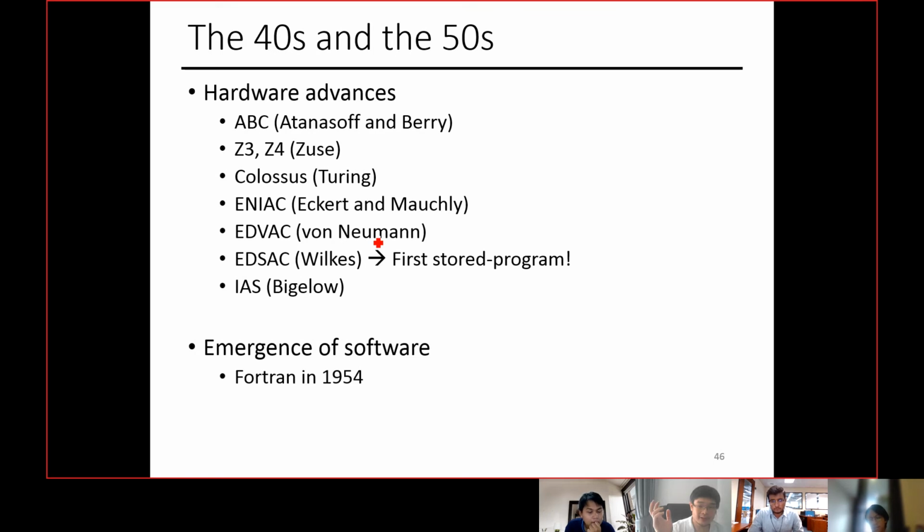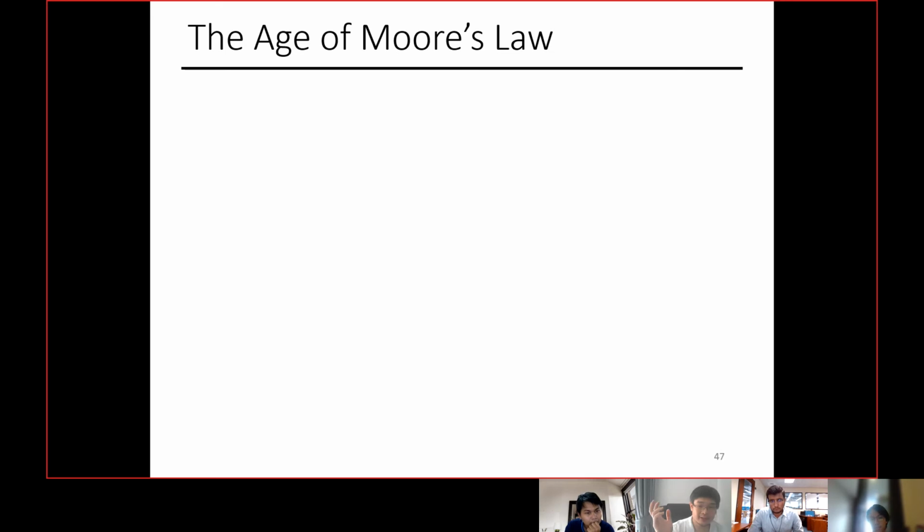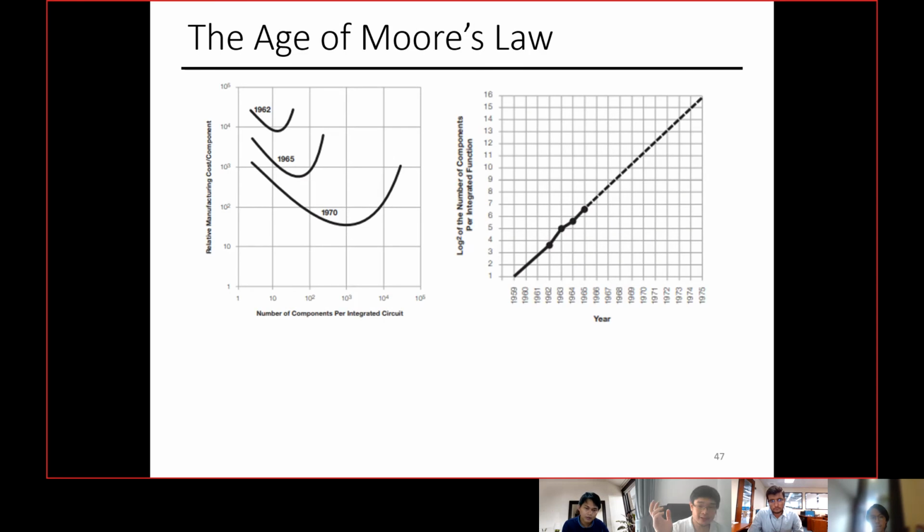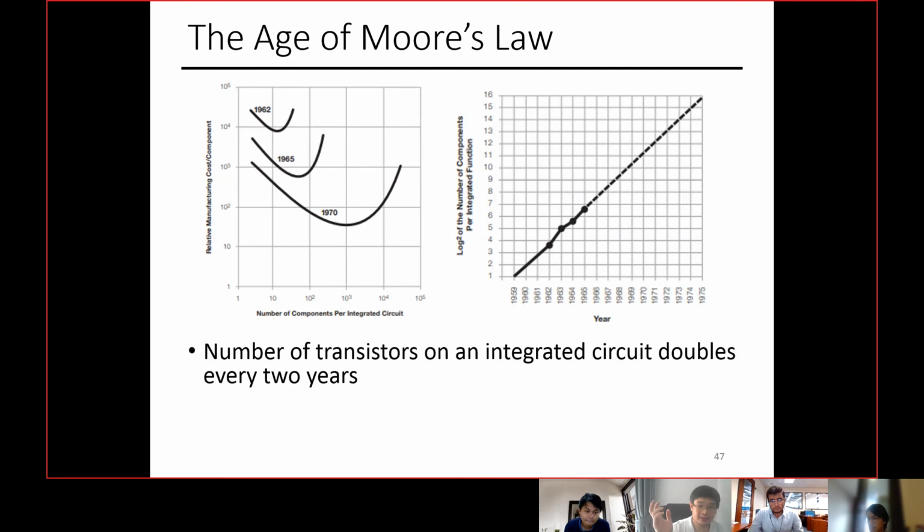Right? We have Fortran in 1954, and then we move on from Fortran to C and to C++, Java, Python that you use nowadays, right? And the other important thing that we have to touch on is the age of Moore's law. You might have heard about the word Moore's law a bit. Basically, Moore's law